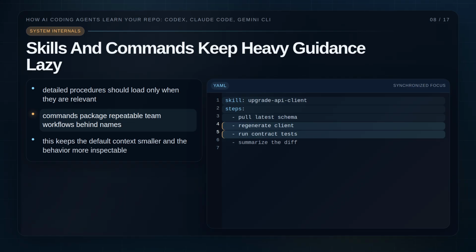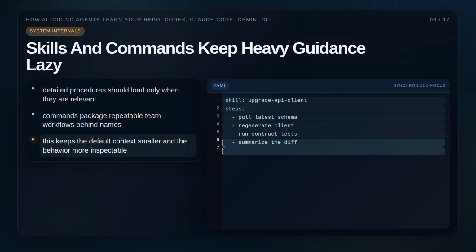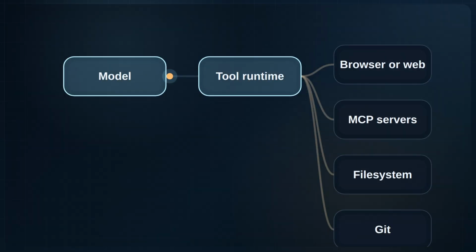and load it only when it matters. Codex documents skills directly. Claude Code supports custom commands and related workflow packaging. Gemini CLI exposes commands, policy, and tool surfaces that fill a similar architectural role. The common pattern is lazy specialization. Durable rules stay small. Detailed task procedures become named modules that make the agent easier to steer and the repo